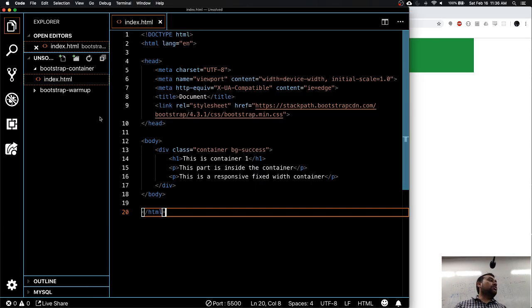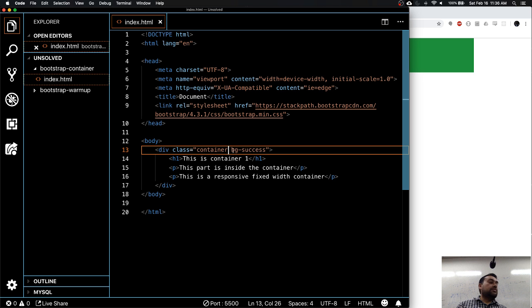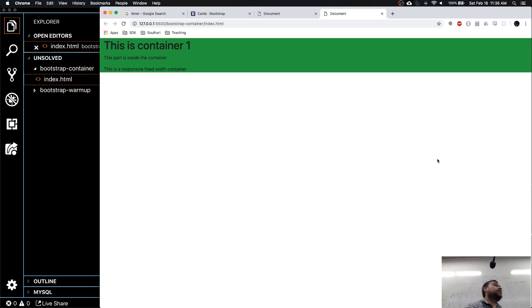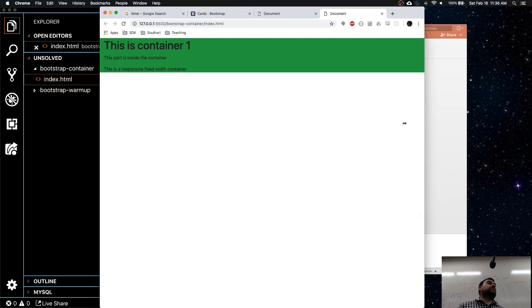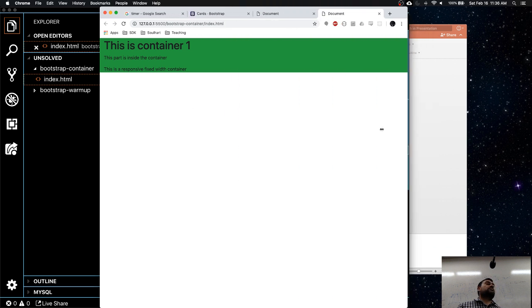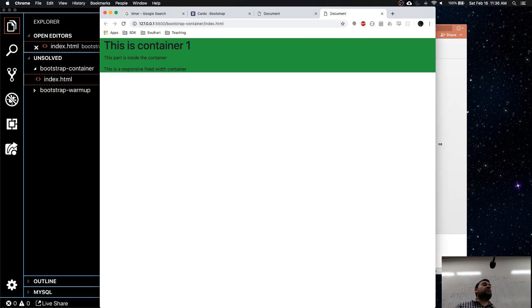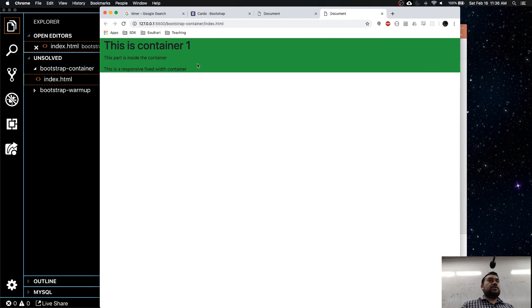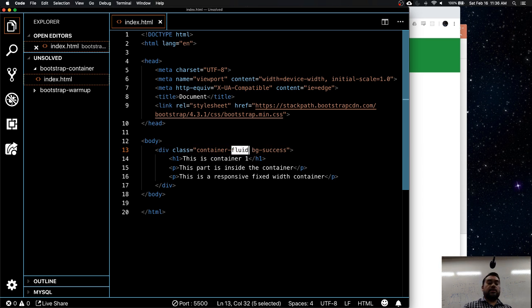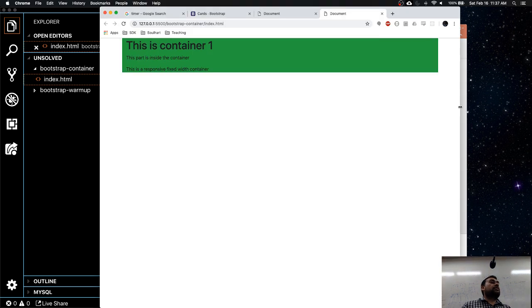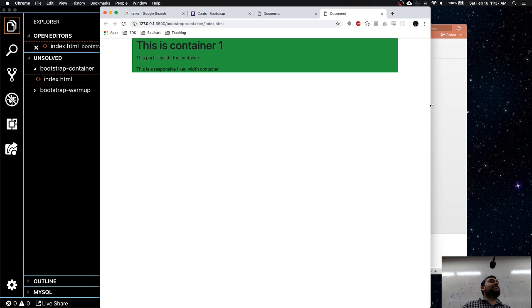If you don't want that, they give you another option called container-fluid, from the documentation. So you need to take up the whole width. You are like, no, I want the whole width. See what is going to happen as you collapse, and it's fluid. It's changing the whole content accordingly, like the whole grid is. Versus if I take this out, it only breaks at a certain point. You guys see what is happening? It changes at a certain point.